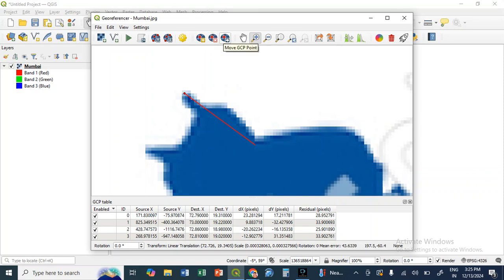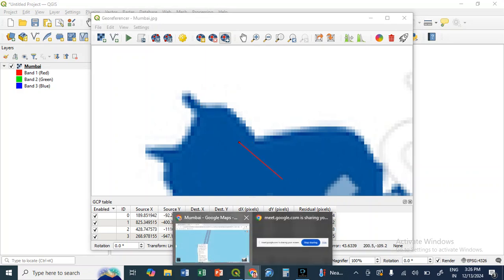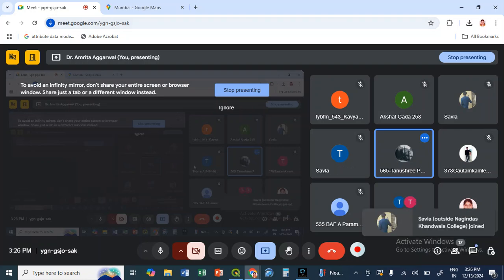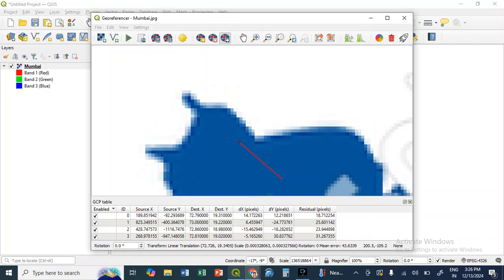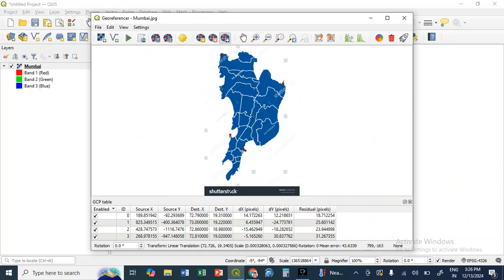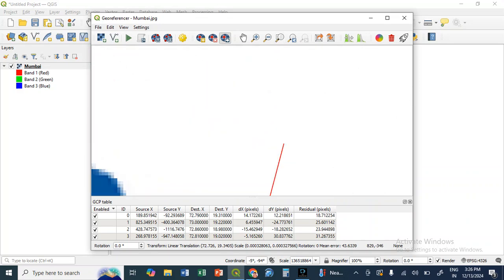I click on move GCP point. Okay, I click on it and I take it here. Okay, the same thing I do for other points also.